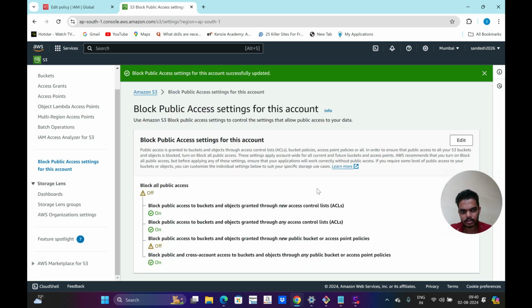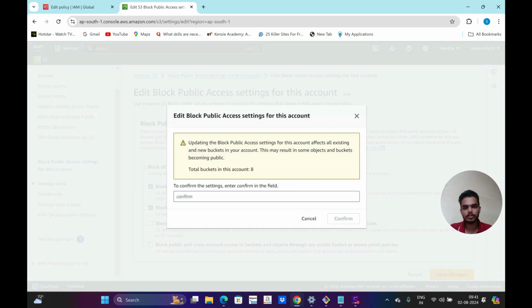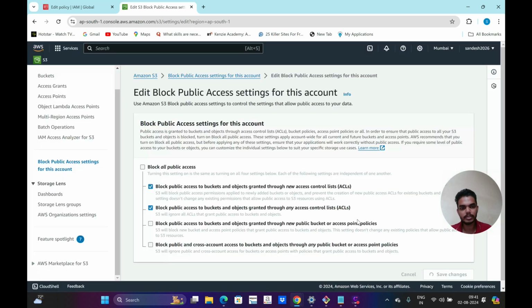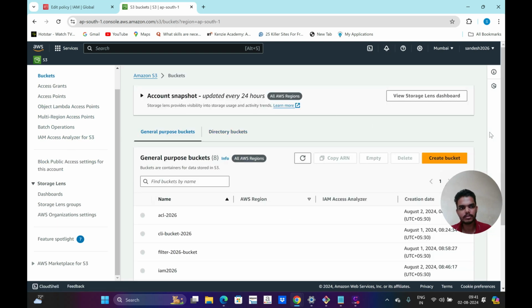So like this, I can modify this, or if I want to allow everything, I can keep it like this also. Now I want to enable only ACLs, so I can enable ACLs. So that is done. Now I am going to create a new bucket. Go to buckets, create bucket,